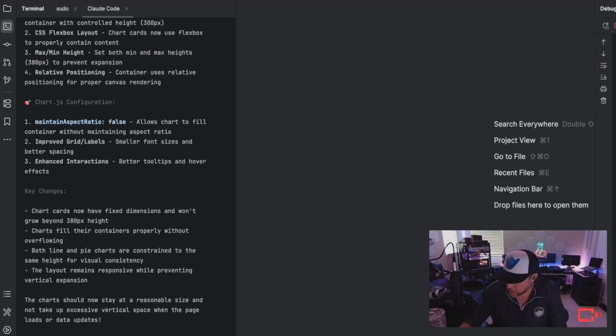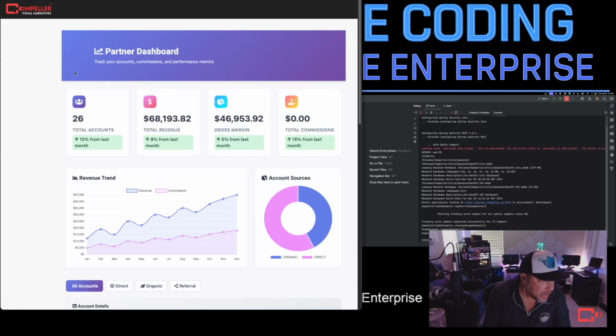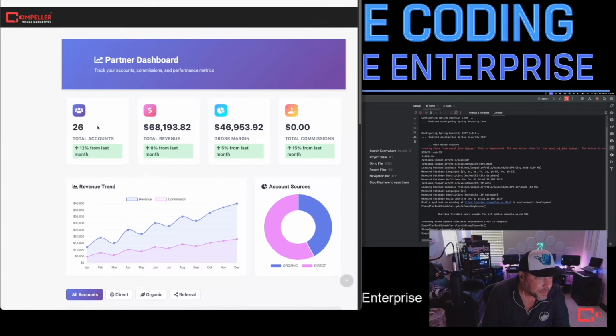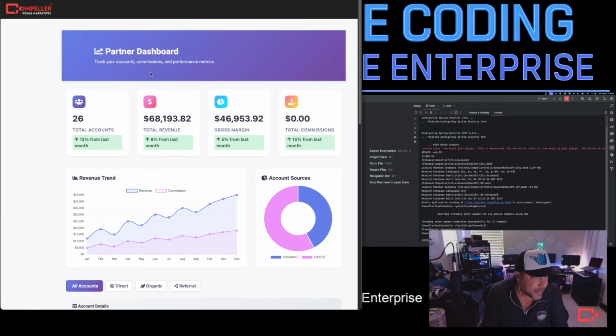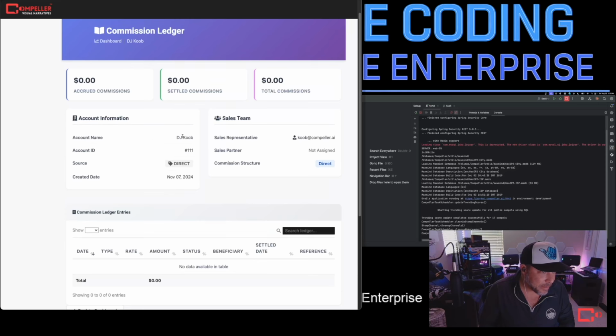And refreshing, it looks fantastic. Look at that. That's exactly what we wanted. And that was simply by telling it it was ugly and to make it prettier. I love how it's splitting things up. This is not test data. Well, it is in my dev environment, but it's using real data, which is great.